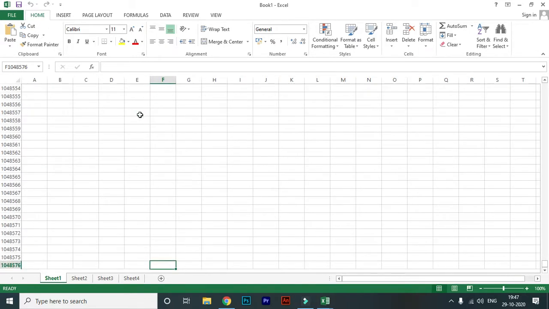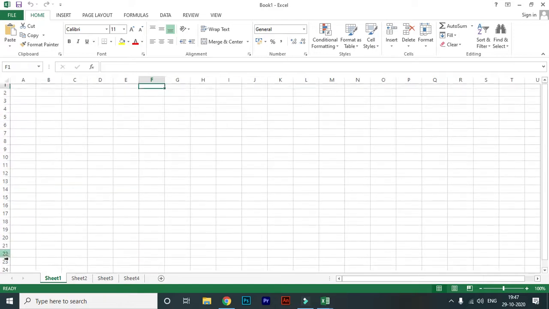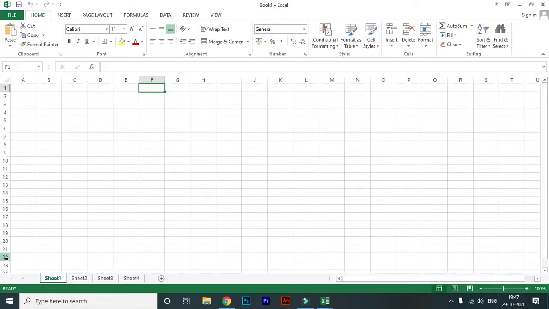And when we talk about columns, there are many columns, the last column is XFD, and the number of columns is 16,384.